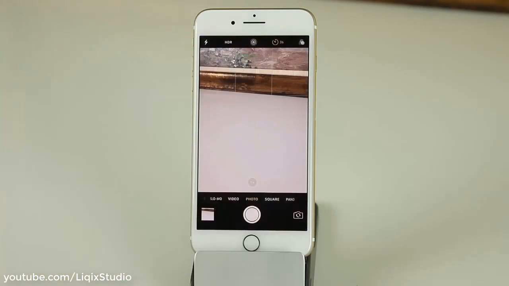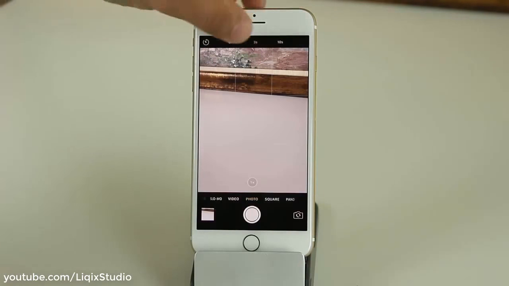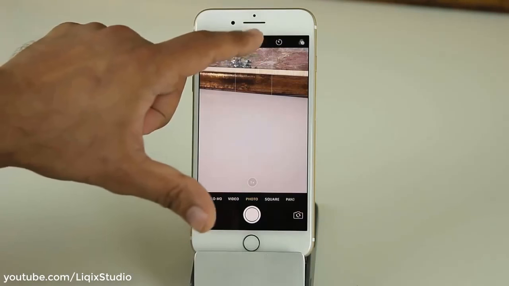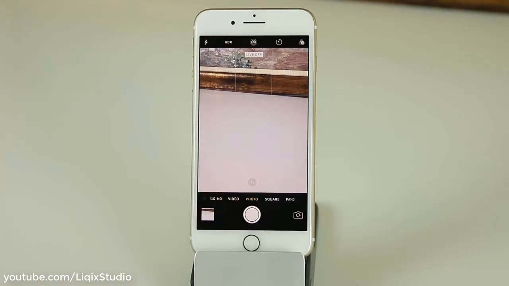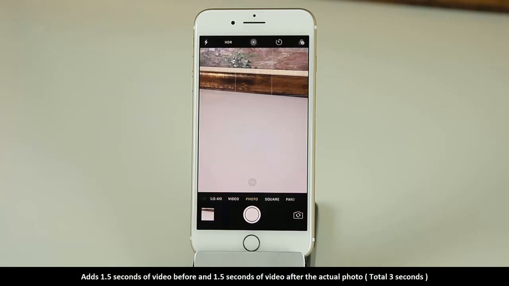Let's go back to camera, and then over here, let's turn this off really quick. And as you know, this is the live photos. I'm sure you know exactly what that means. If you don't, I encourage you to go to Apple's website and look for live photos. Basically, your camera takes a picture, but it also records a video before and after that picture, giving the picture a live effect. So I think it records 1.5 or 3 seconds before and after a picture is taken. So the picture actually comes to life,